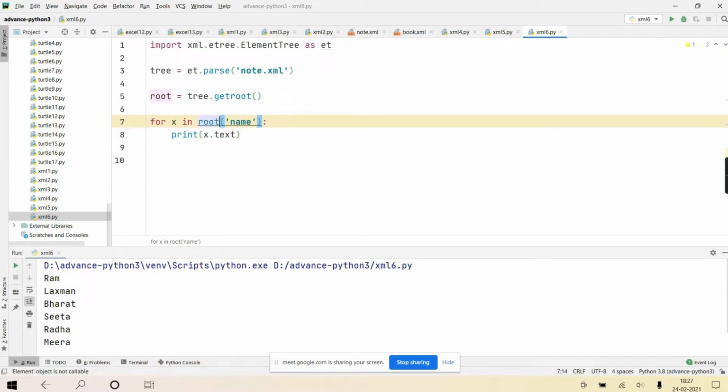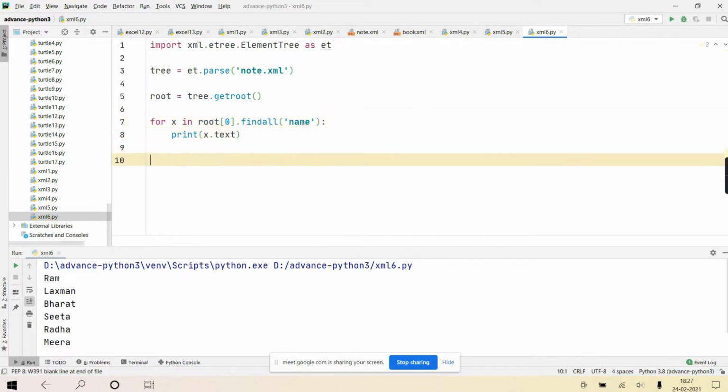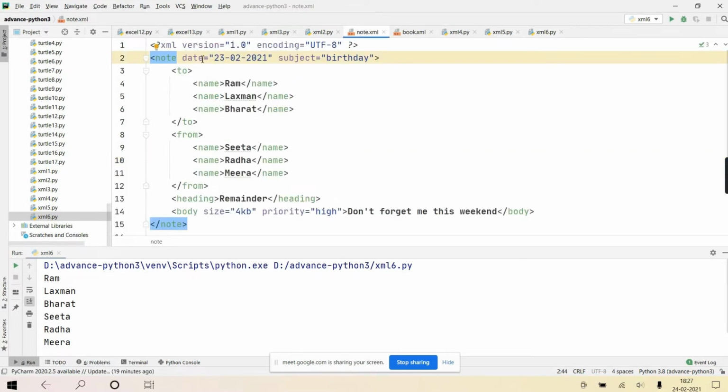Now if I write root[0].findall and then name, will it return 3 names? Check. Root means this whole node. Root[0] means the 'to' element. So root[0].findall, and I'm saying name.